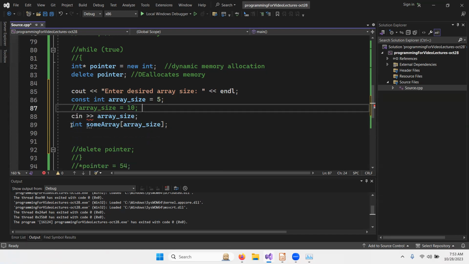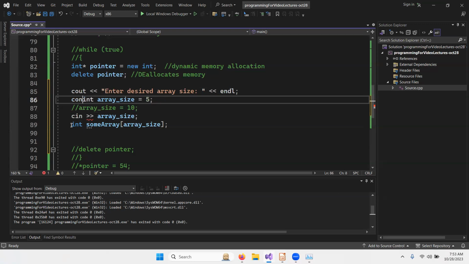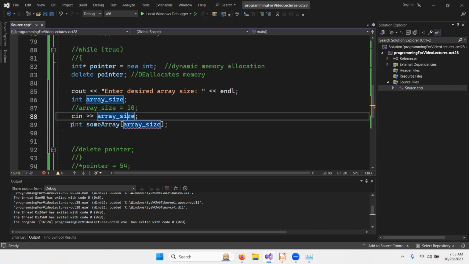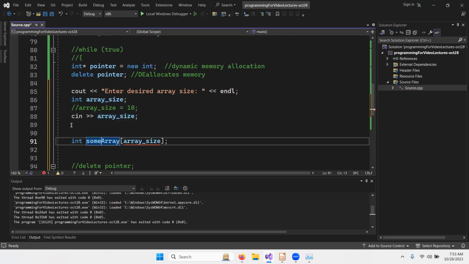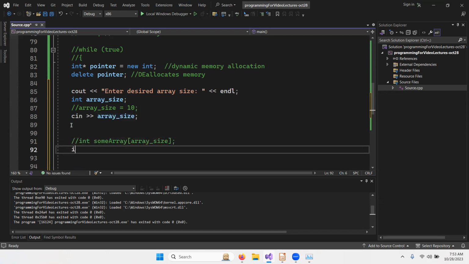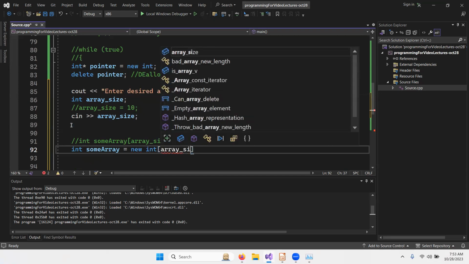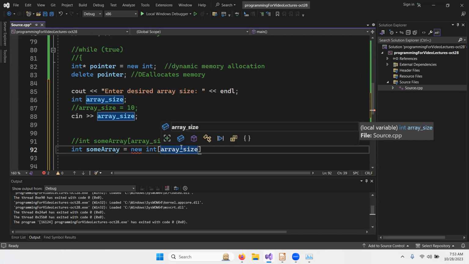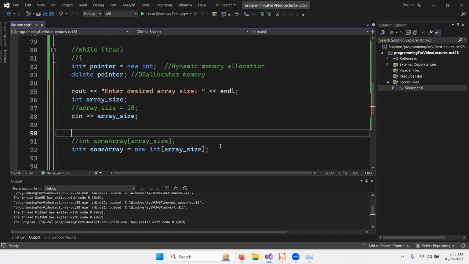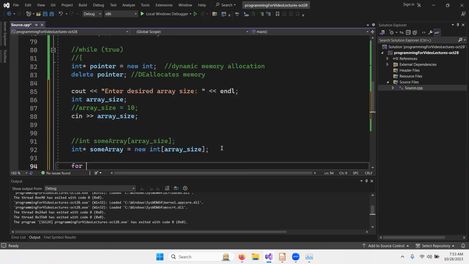So if you prompt the user, let's remove the const modifier. Let's not even initialize the array size, let's just declare it and then read it in. And instead of this syntax, which is what we're used to, we could say int some array equal new int. Okay. So now if we use a loop,